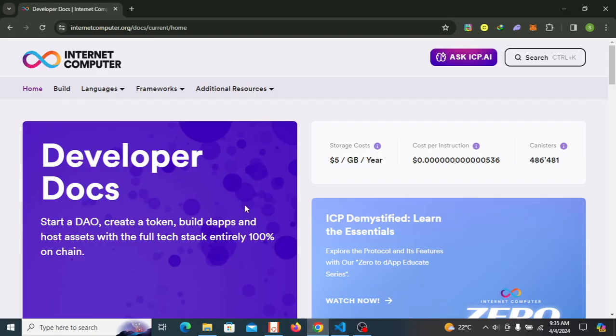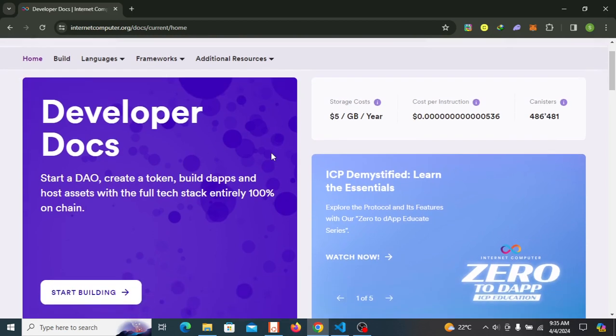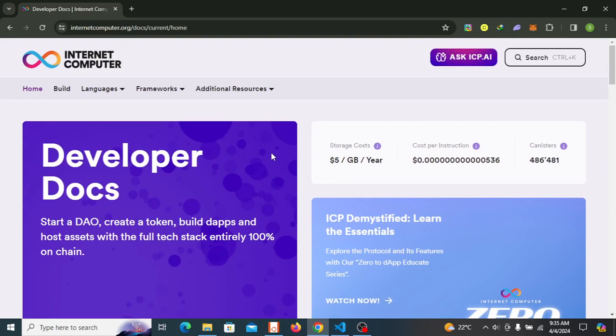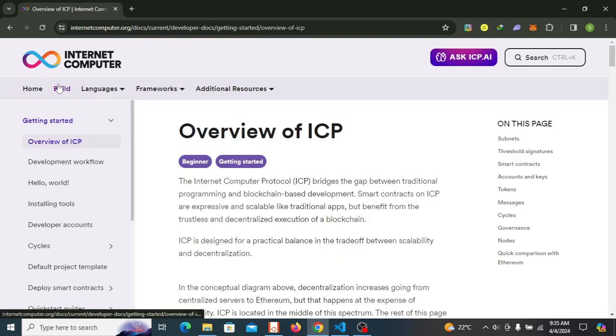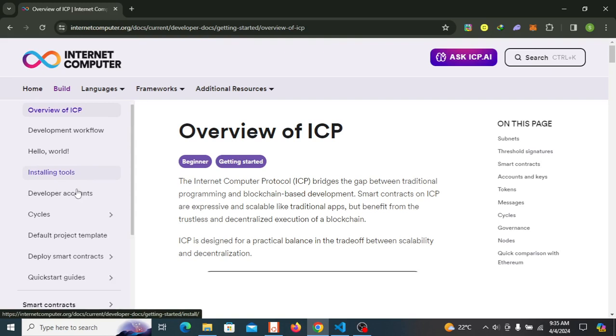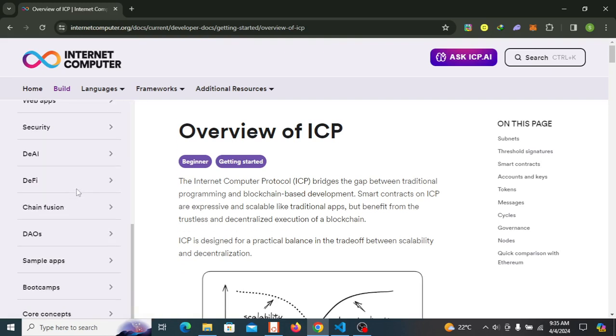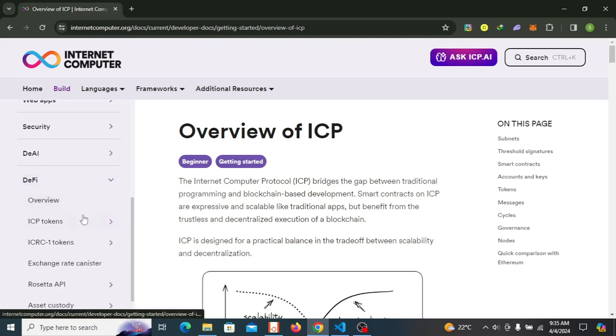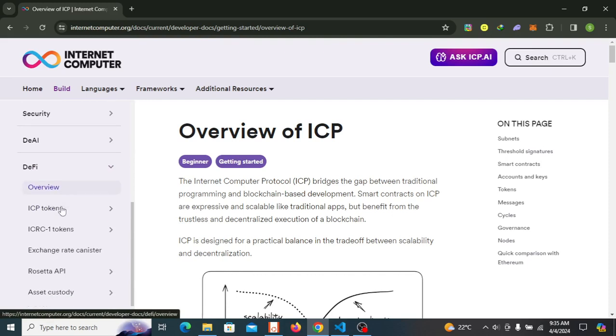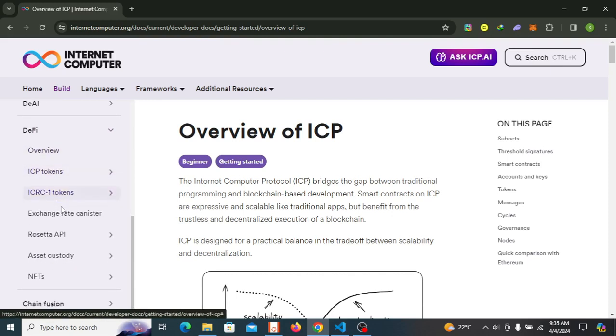So let me go to our main Internet Computer website, and this is the home page. We want to look for a section where we can get some information about tokens. So now we'll click on views and then scroll down where it says DeFi. And you can see that we have the full menu overview, ICP tokens and ICRC tokens, and I'll click on